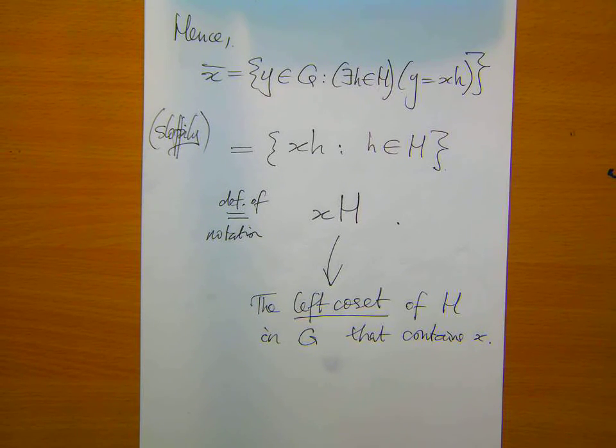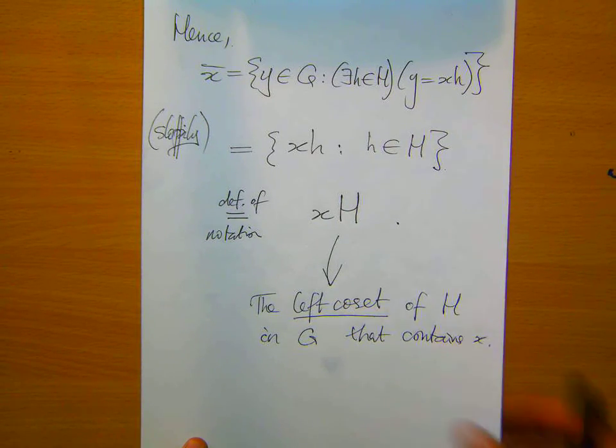Now, as I said, there's also a right-hand path where we look at a slightly different equivalence relation, and we end up with X on the right, and that's called the right coset. But the theory for left cosets mirrors the theory for right cosets. So we're actually just looking at the theory for left cosets. Okay, so this is a left coset. It's a set of all elements of G that look like X times some element of H. So we need to do an example of computing these in a second, but let me just draw a picture, which is in fact the bar of chocolate picture I drew originally. What we know now then